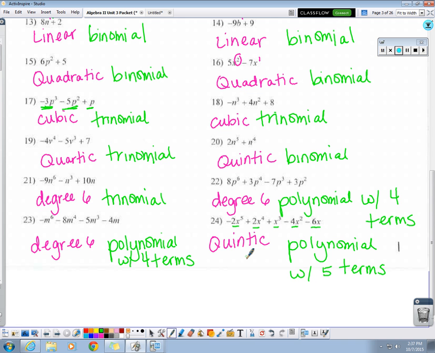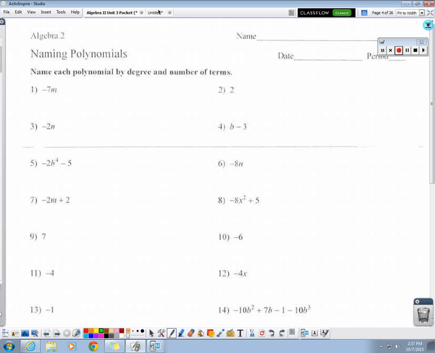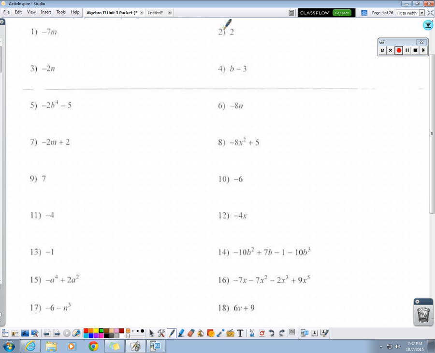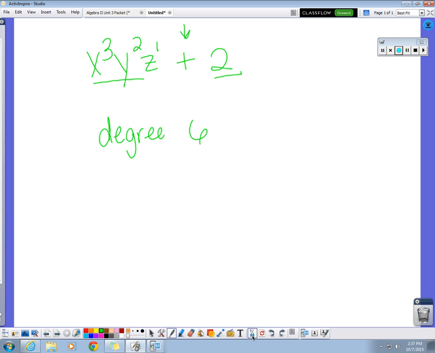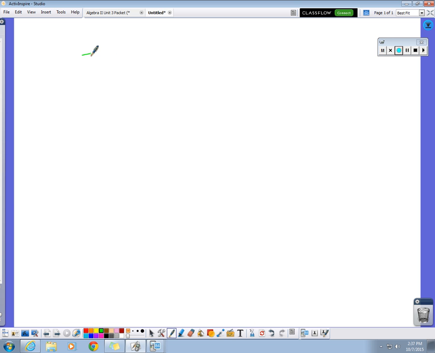Okay, now you can flip to the next page, but don't get started. We've got a couple of things to still talk about. Okay, the next page, I want you to read out problem 16 to me. Whoa. Negative 7x